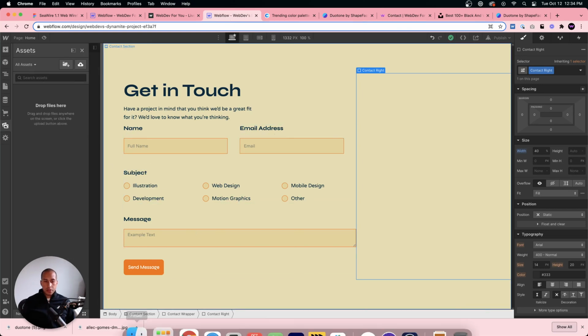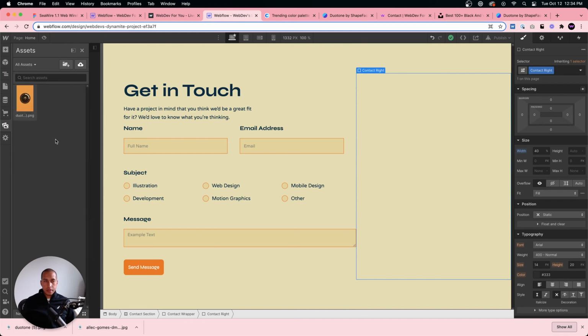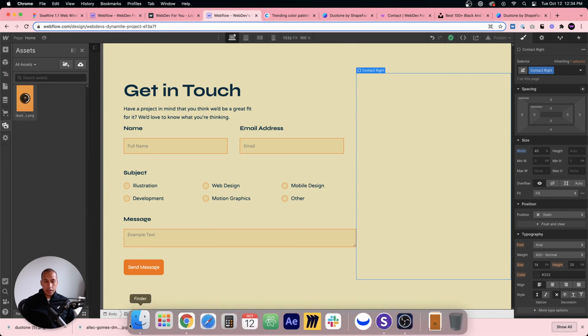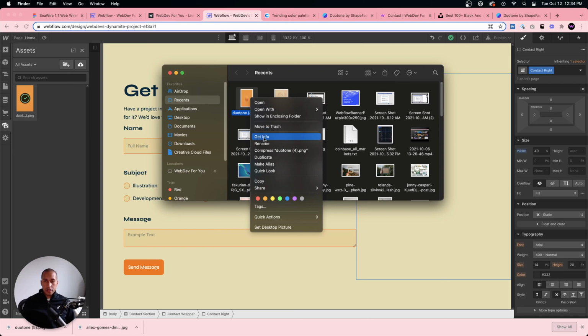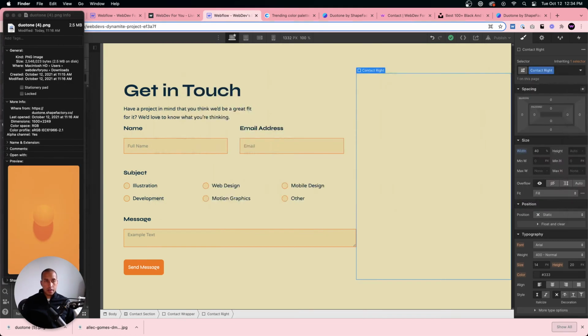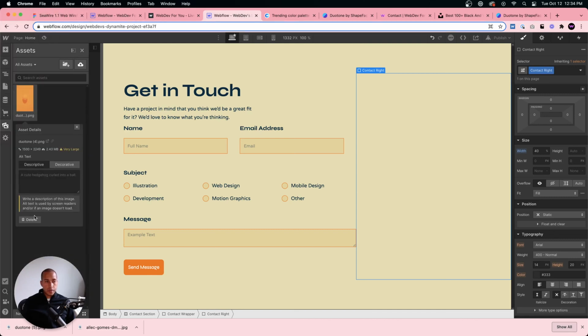And I just went ahead and added it to Webflow. Might be kind of large actually. Oh no, this is the one I just downloaded. Let me find the one that I've already compressed. So we can see this image is 2.4 megabytes.